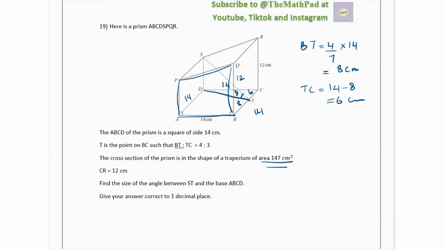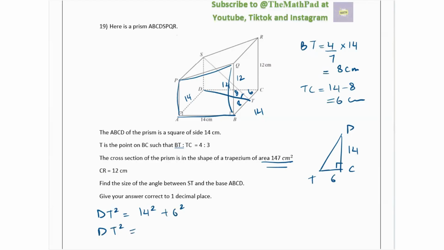So to find this angle, we can clearly see that we need the length of DT. We need the length of SD or ST. Any one of these is needed to find the angle. So we can calculate the length of DT very easily because this is a right angle triangle, DCT. It's a right angle triangle. We have this length as 14, DC, and TC is 6. So we can easily find DT using Pythagoras. DT squared is going to be 14 squared plus 6 squared,